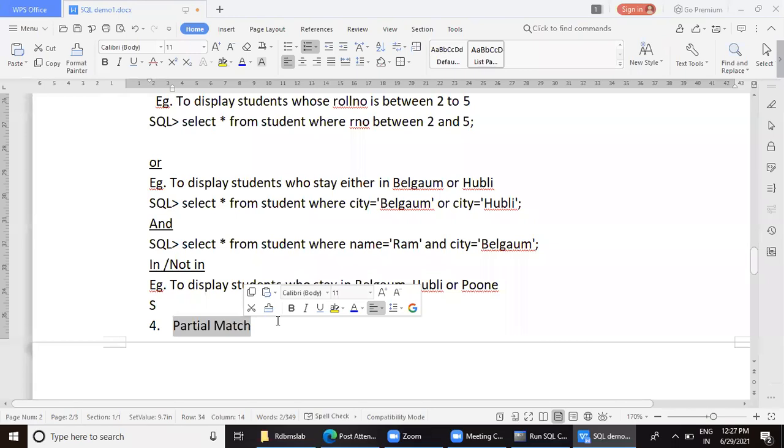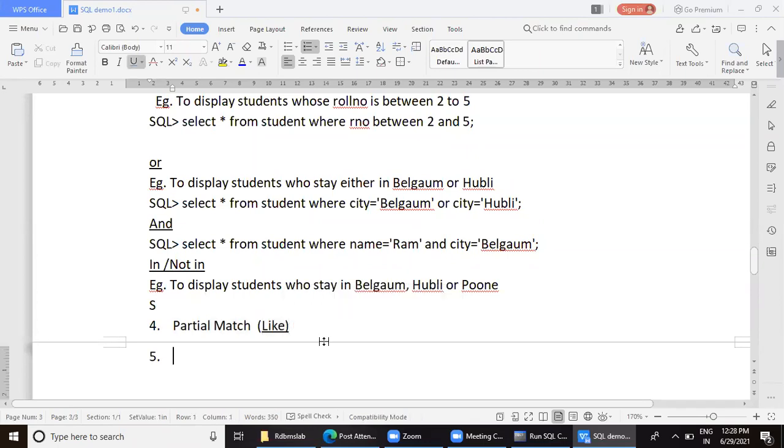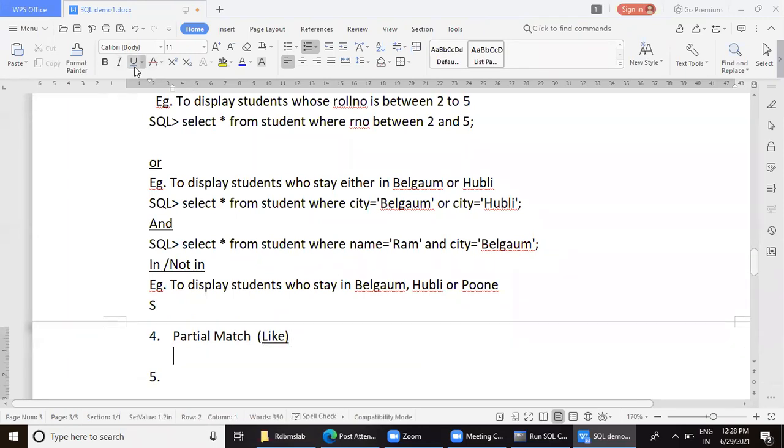So here star means anything, but the end should be PPT type. So how is partial match implemented here? For partial match, we make use of which operator? Like. So like can be used.